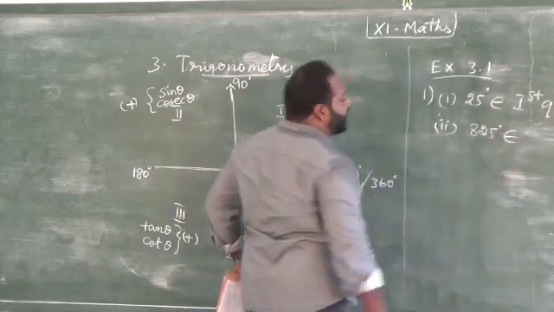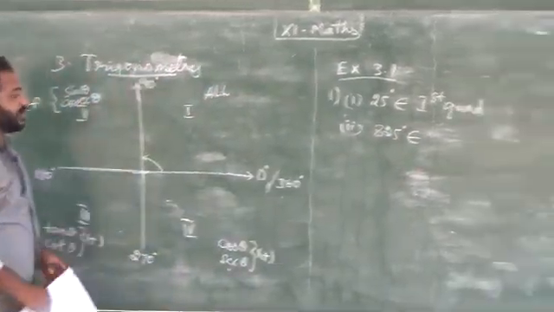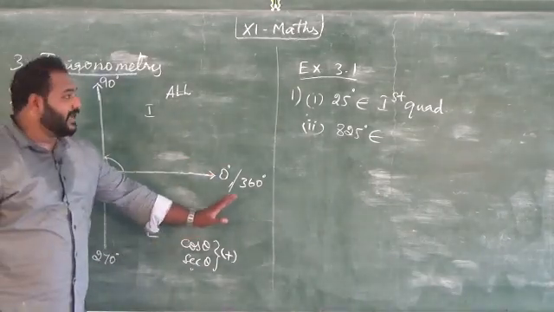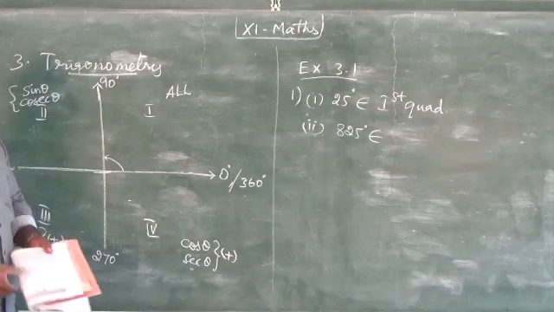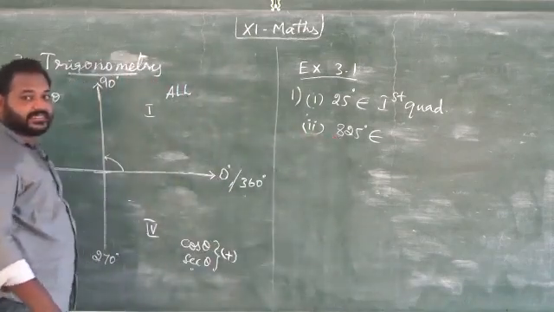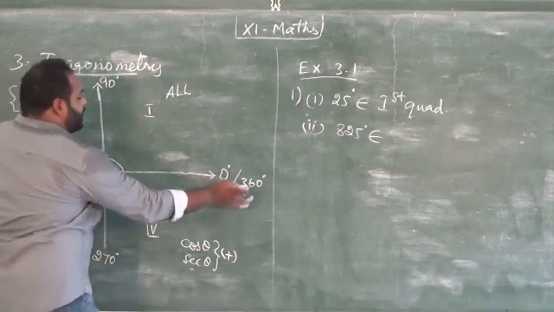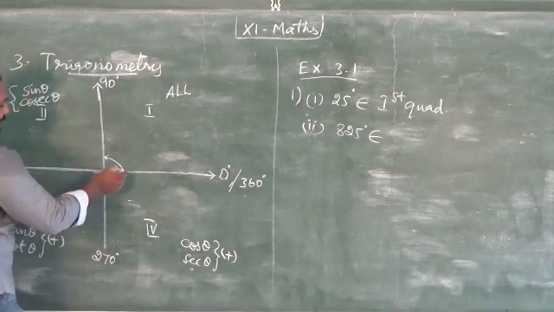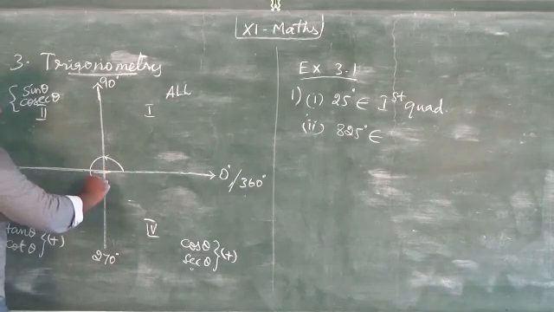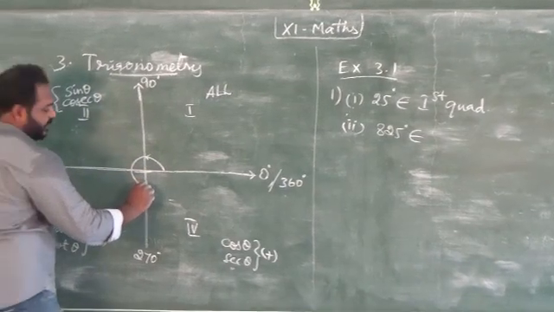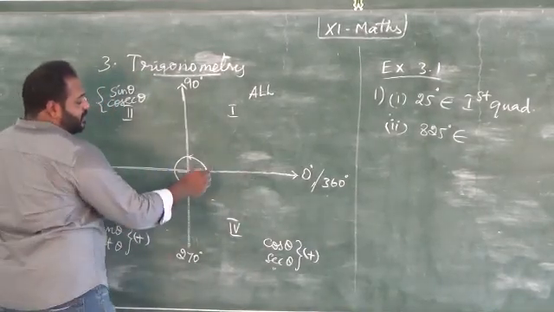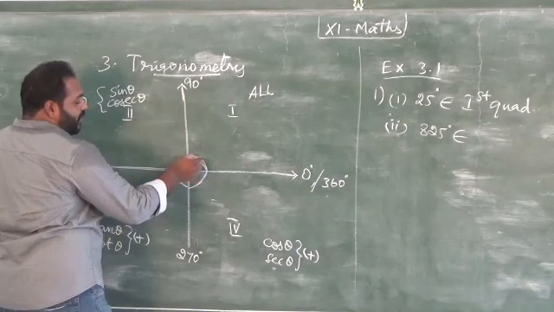Second subdivision, 825. You may wonder, sir, there is no value like 825 in this quadrant diagram. How can we find it? It is not difficult, very easy. Please understand, 825 is more than 360, isn't it? The highest degree is 360. So the angle rotation goes 90 degree, 180 degree, 270 degree, and then a complete circle is 360 degree. After that, once again you rotate.